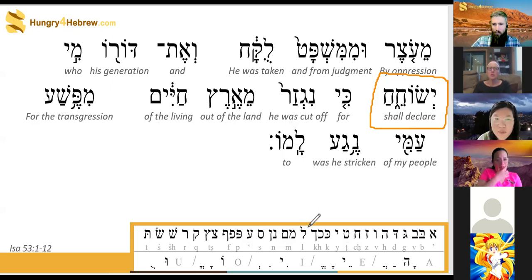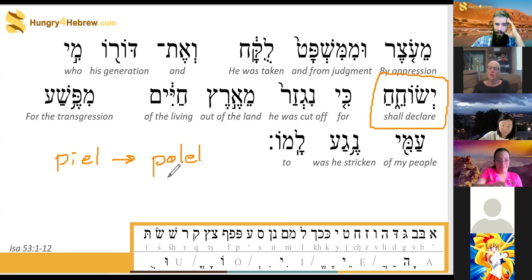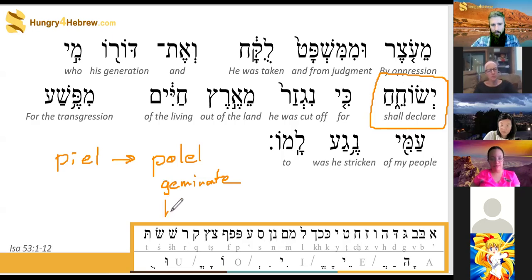Both? Is it a PL? All right, it is PL, but it's a special form of PL that gets a name of its own. Polel. Polel is the form of PL that's used for exactly two groups of words. Either the geminate roots, like this one, where the chet is doubled,